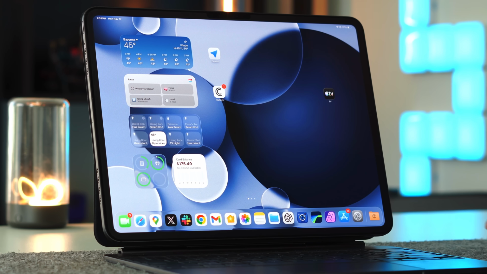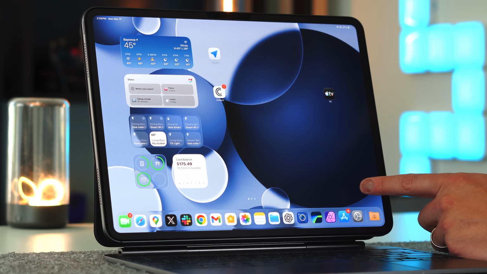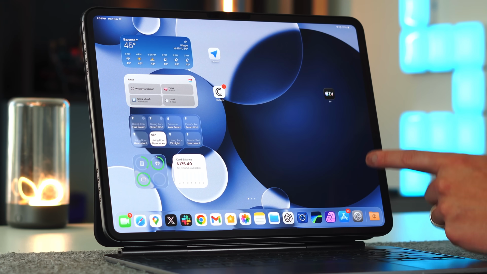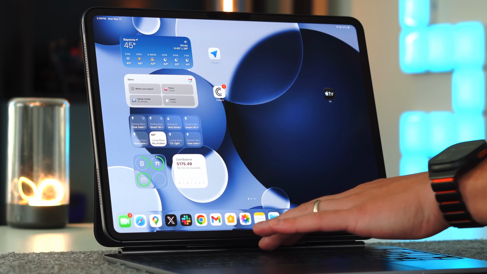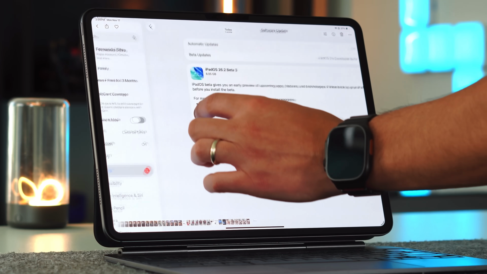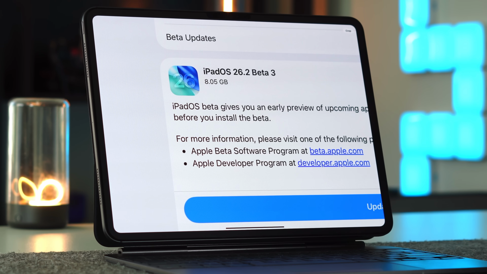But now, let's see what's going on with the build number and the build size. Just for reference sake, I am using my M4 13-inch iPad Pro, and we're running the latest 26.2 Beta 3. In terms of the build size, we took a screenshot in our photos, and we're about 8 gigabytes in size. So give yourself probably twice that, 15 to 16 gigs of open storage in order to get this installed